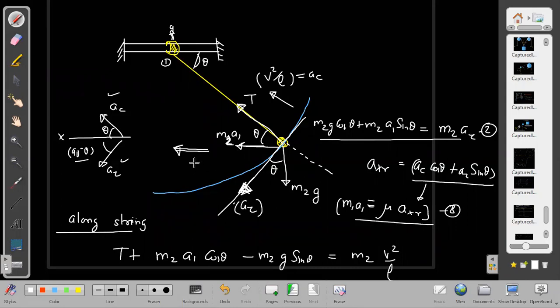the component of A2 in horizontal direction. What is the component of A2 in horizontal direction? A2 sin theta. I will write A2 sin theta here. And at the same time, V square by L cos theta, that also I will write here only, in this place. Plus V square by L cos theta. So without having to write the equation, in the diagram only we can do such things directly.